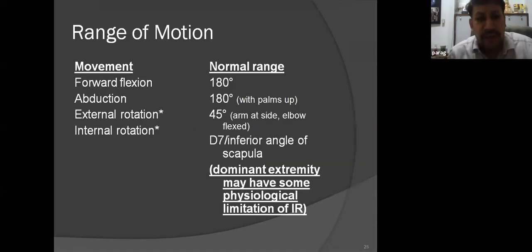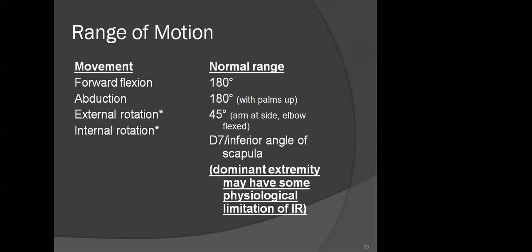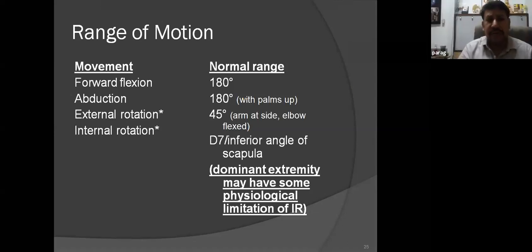Now coming on to the range of motion. If you look at the range of motion, you have forward flexion, abduction, external rotation, and internal rotation. The adduction of the shoulder is difficult to measure, but it is something we call cross-arm adduction. Can you see me do that cross-arm adduction? Yes, sir, we can see. This is called cross-arm adduction, and we see the range of cross-arm adduction by how far back on the opposite shoulder the patient can go.